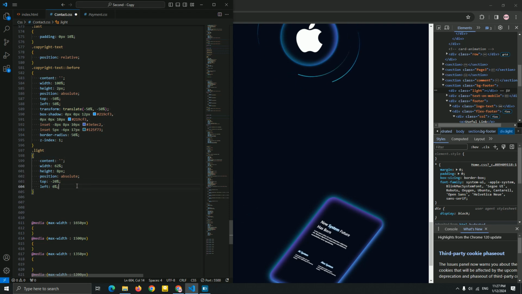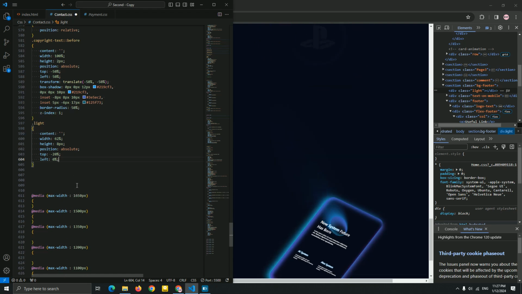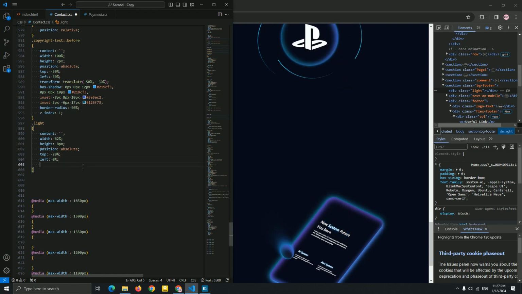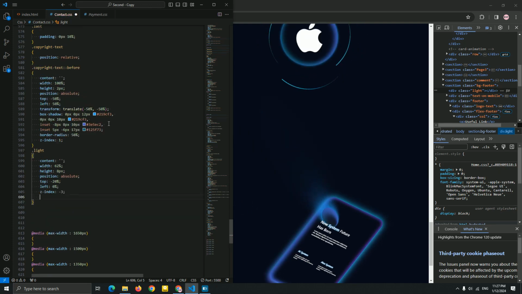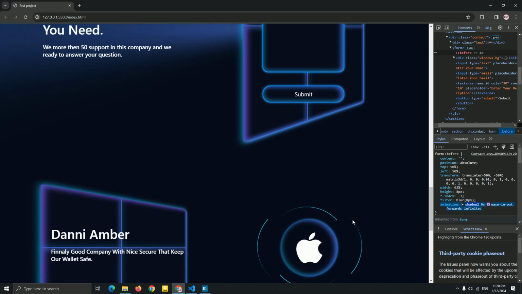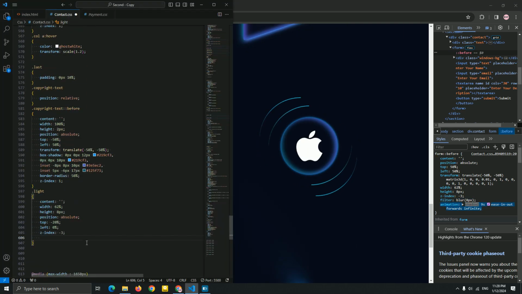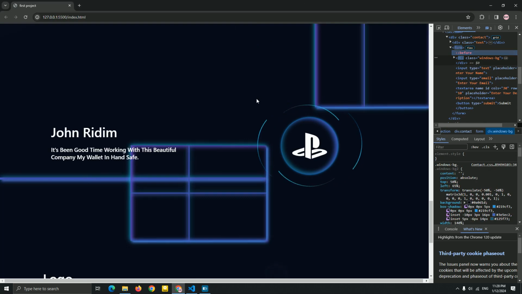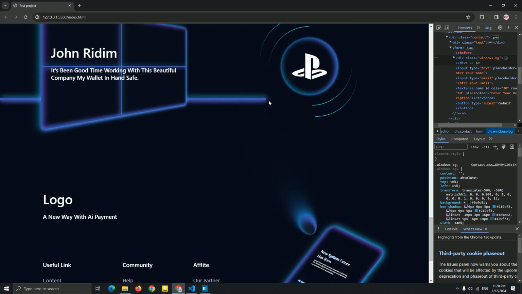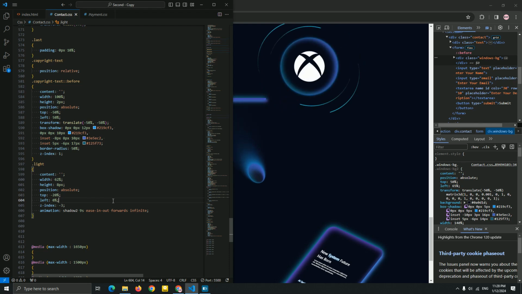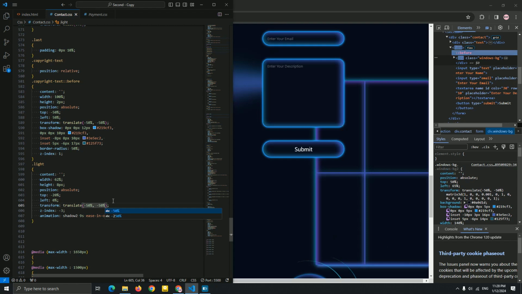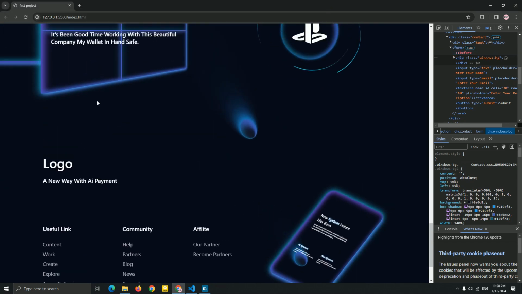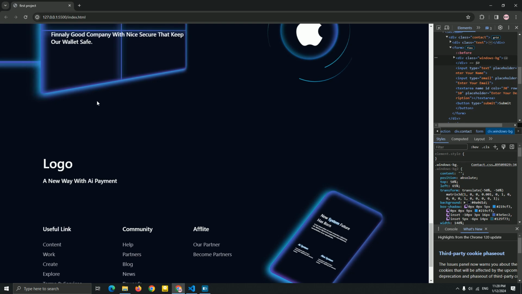Now let me add a transform, translate, and matrix 3D again. This is why we need this matrix 3D. But first, let me just add the z-index minus 3, and let me add the animation of the shadow. Copy this, paste it for this light. So you can see it's here, guys. As you can see it, guys. Now let's use a transform and the matrix 3D. So first, let me just add translate. Okay. Now it's center. Very good.